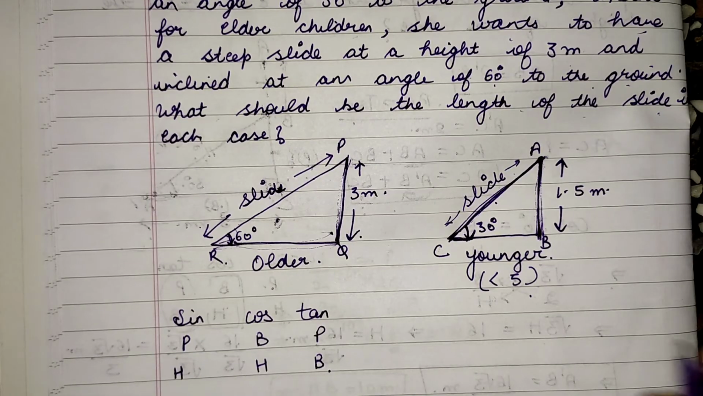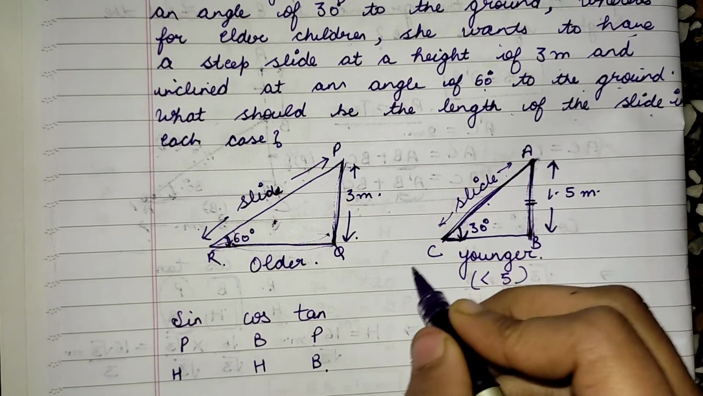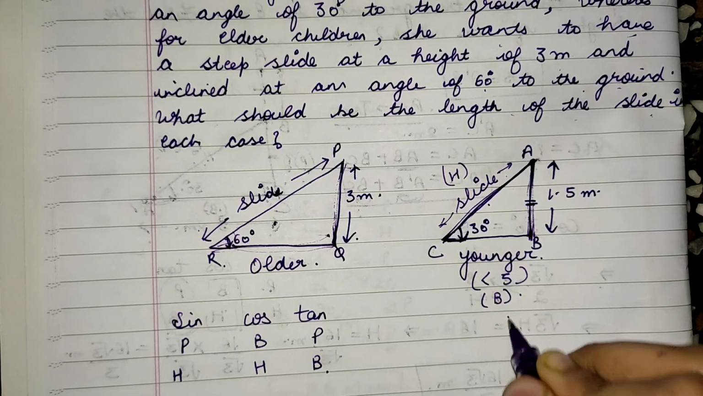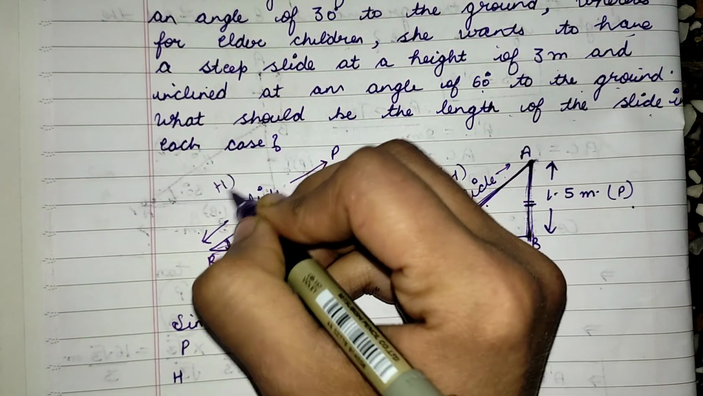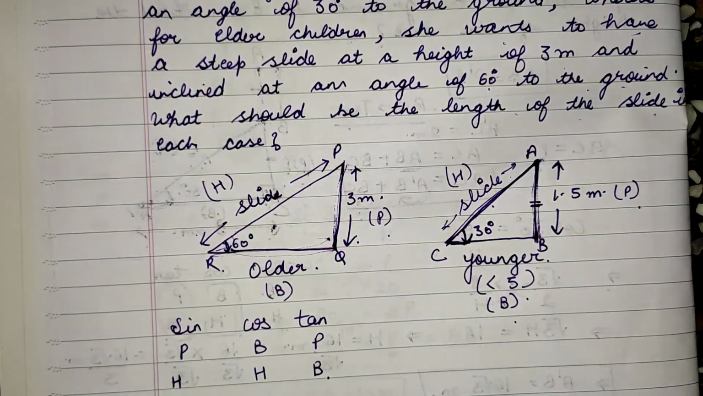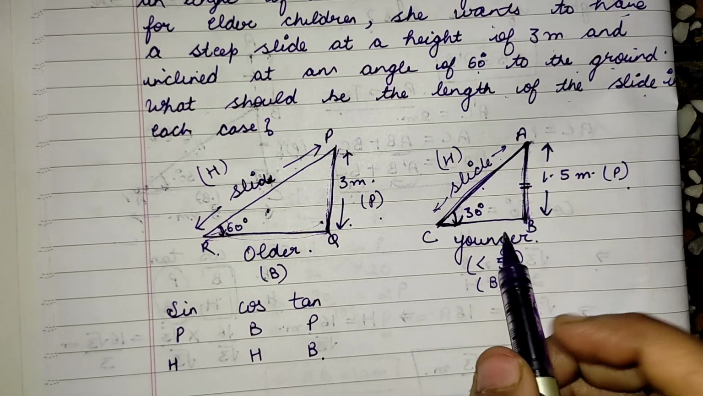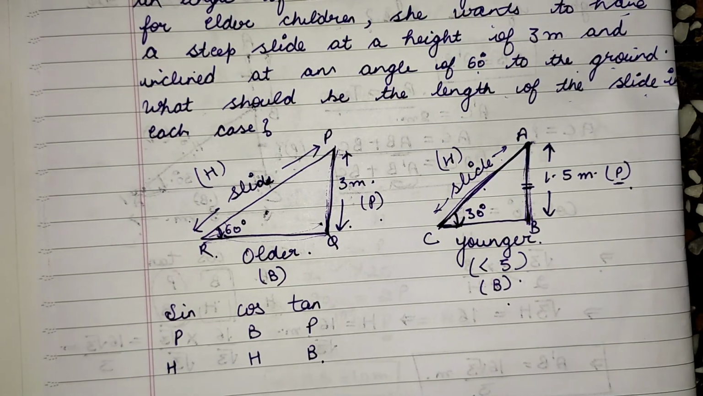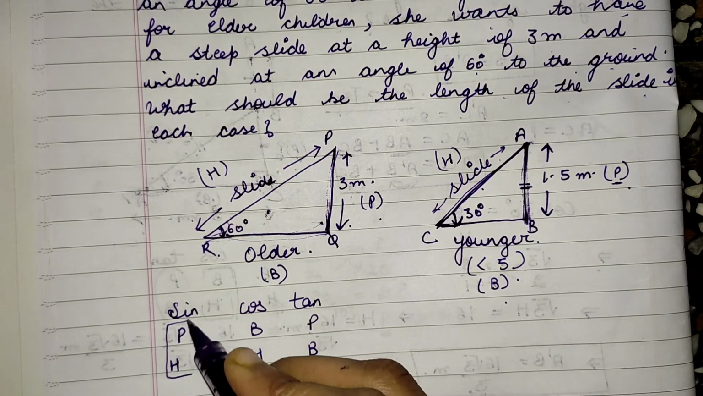So what does the question say? See, in this case, what you have to find out is my hypotenuse, and this is my base and this is my perpendicular. The same is here: this is hypotenuse, this is my base, and this is my perpendicular. So let's talk first about the younger children. What do I have to find out? Hypotenuse, and I know my perpendicular. So which trigonometric ratio will I use? Perpendicular by